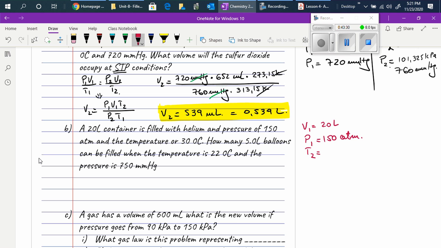So what is volume V2 when pressure 2 is 755 mmHg and temperature 2 is 22 degrees Celsius, which means we convert it into